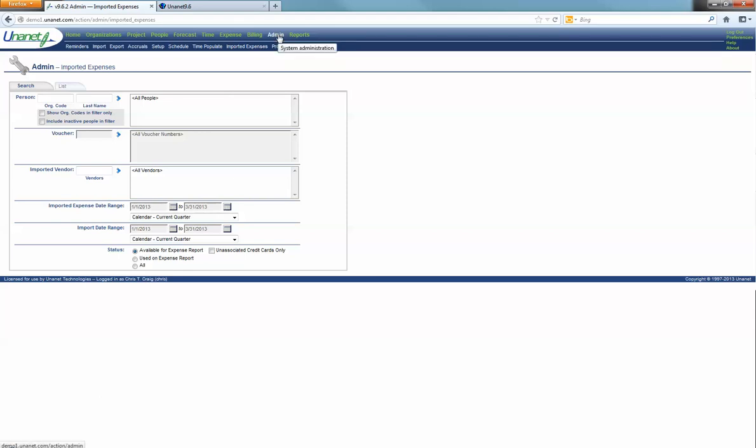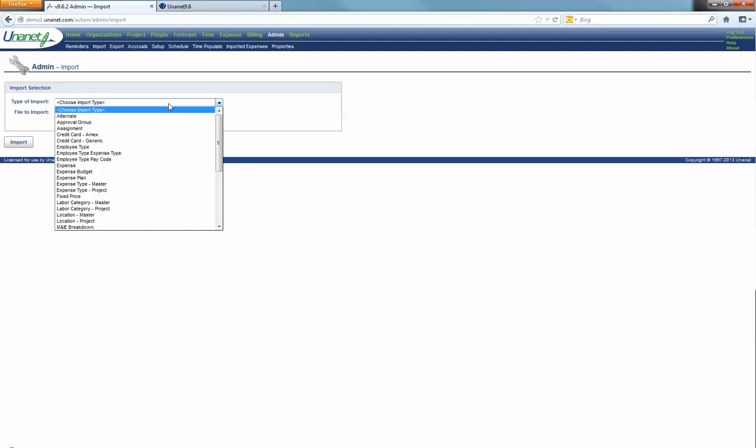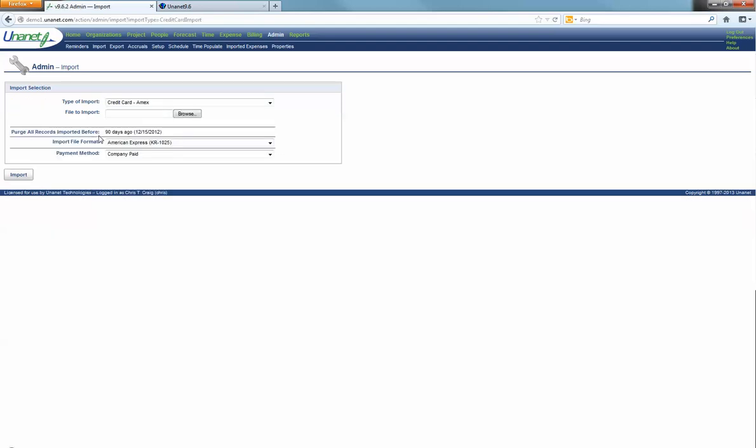In order to import the transactions, you simply go to Admin, you go to Import, you select the type of import, and you will see here that there is a credit card import for American Express. That is the KR-1025. There's also a generic credit card. If I select the credit card Amex, and then I simply select,